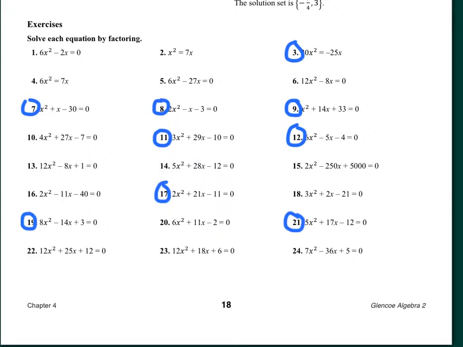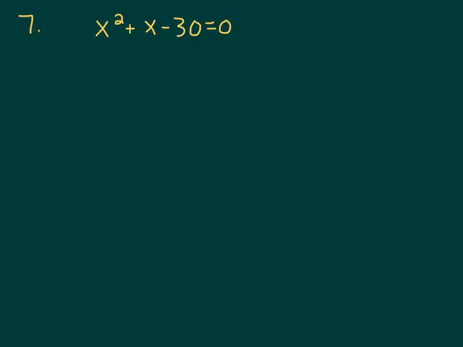Now number 7. So we have to factor this. It's already set equal to 0, so that's good. So we need two numbers that multiply to give me negative 30 and add to give me positive 1. So 6 and 5 are 1 away, so it's 6 and negative 5 because we want a positive 1. So this one we can just go straight to factoring because the coefficient is 1. So it'll be x plus 6, x minus 5